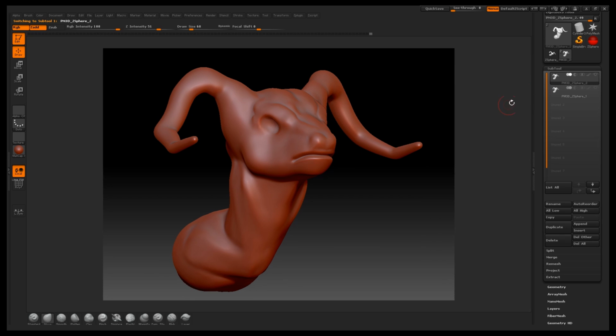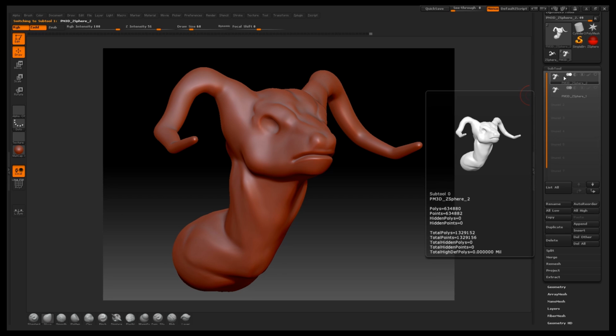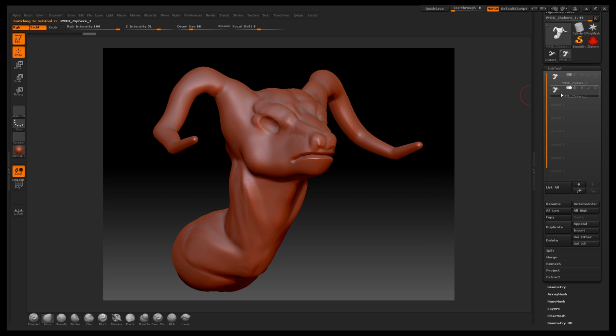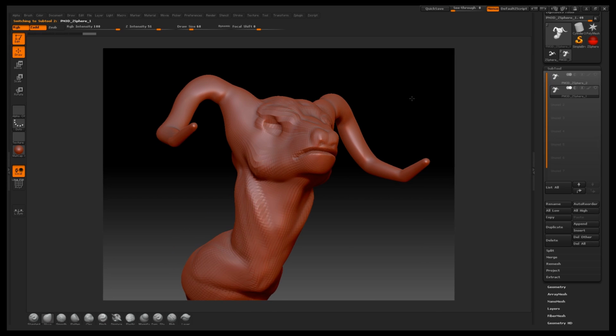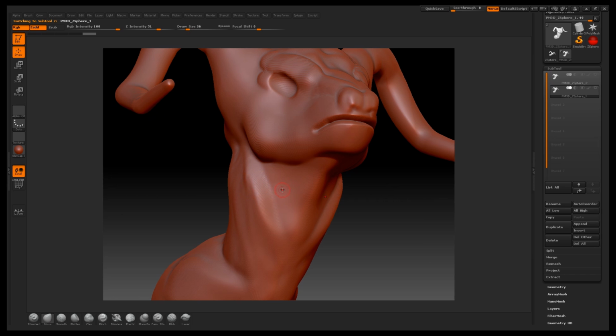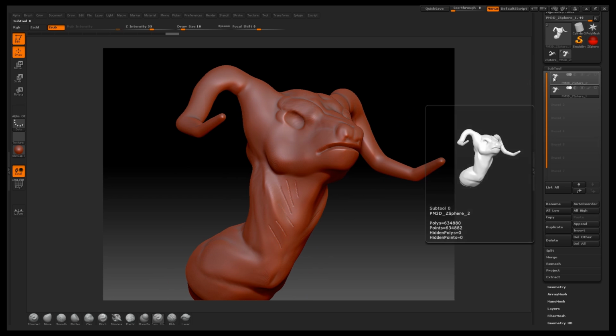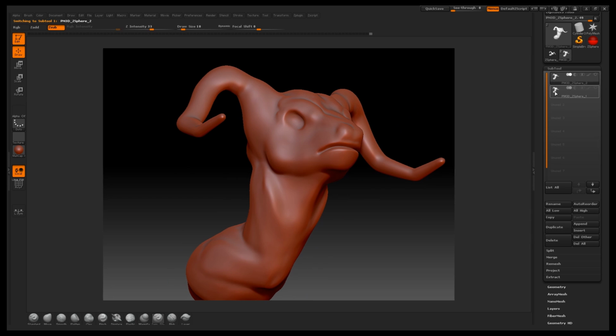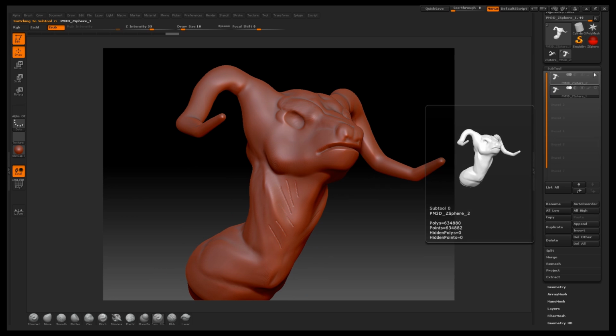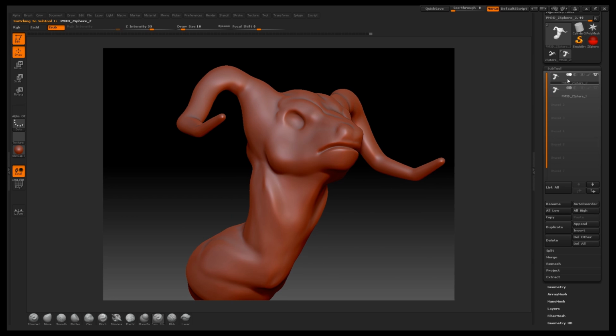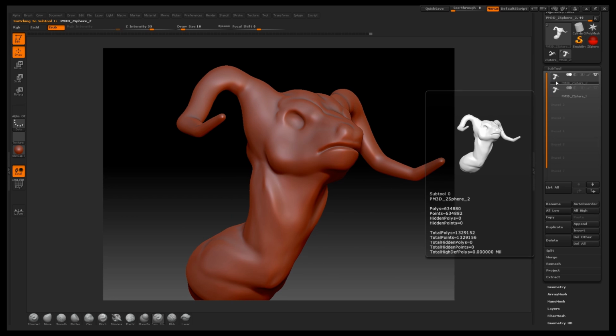What you can do to transfer the detail from the inefficient one to the efficient one is turn this guy on, and I'm going to put a little bit more detail in this guy. So I'll take my dam standard and I'll just put some rakes in his neck right here. Something that's going to really stand out. And I want that detail now to be transferred over to this guy because he doesn't have any of that stuff. So what you're going to do is turn them both on, have the one selected that you want the detail to be transferred to,